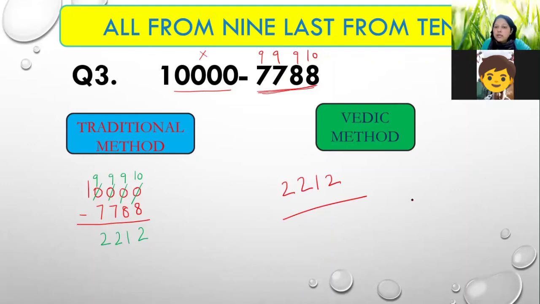Okay, now quickly tell me the answer of this part. 1000 minus 453. Now focus on 453 and do mental subtraction of 9, 9, 10. 9 minus 4, 5. 9 minus 5, 4. 10 minus 3, 7. 547. Yes, this will be the answer of our question. So you can apply this trick to do similar questions.